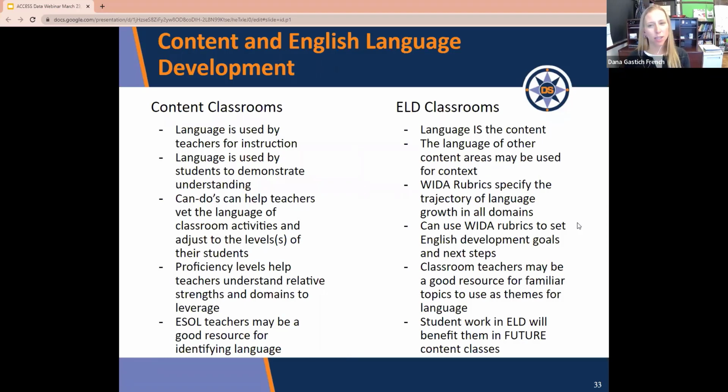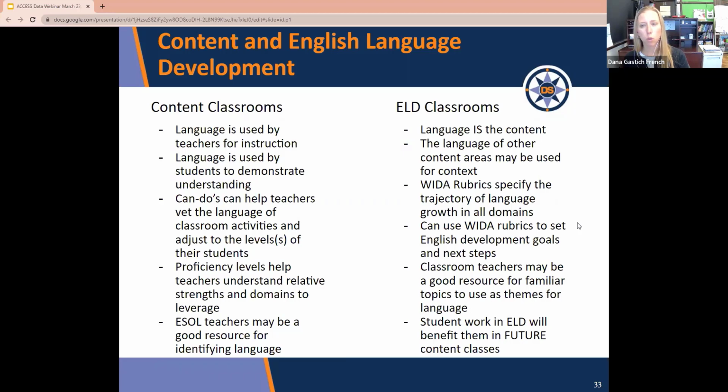And just before we wrap, I want to say a real brief piece that will take us into some future work that we're planning with demonstrated success around the roles of content classroom teachers and ESOL teachers, and how we can really dovetail those pieces, because there's a lot of different work that gears together to move students forward, and how each of us might use the data differently, right? So a lot of times content classroom teachers can use those can-dos to drive content. Whereas in the ELD classroom, where the language is the content, the teachers may be looking more towards that continuum of language, right? That natural trajectory of academic language that we talked about early on, through those WIDA rubrics,